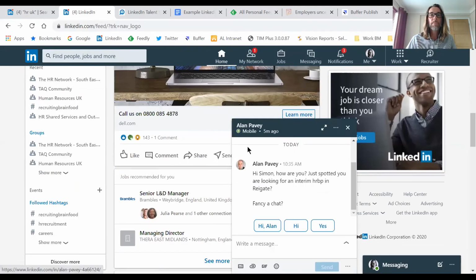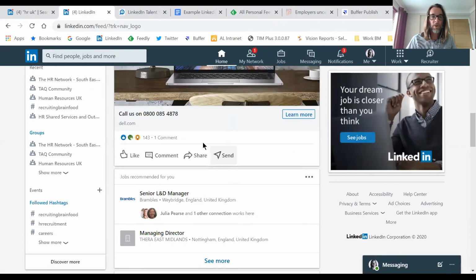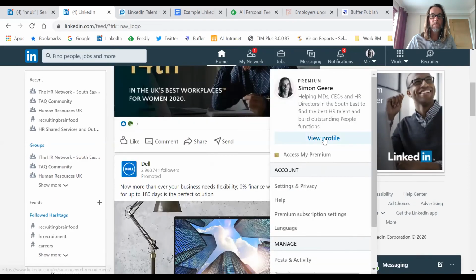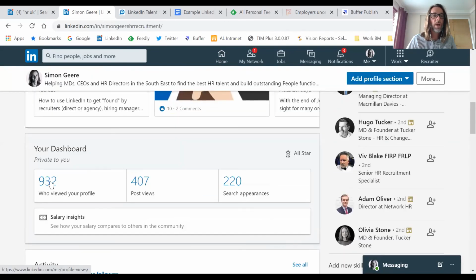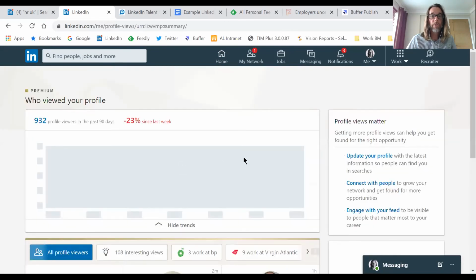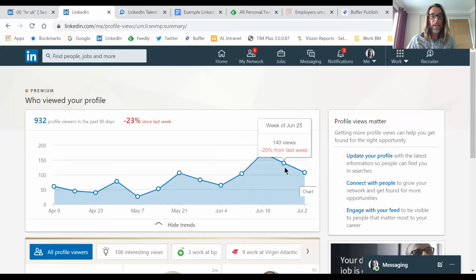Secondly, do keep a check on your numbers, as I said before. Look at who's looked at you, and watch to see your graph climb or decline, basically, based on views. So you'll start seeing, as you post content, a lot more views and a lot more people engaging with your posts, and the job is to obviously respond back to those, and you should see some great results. So to recap,